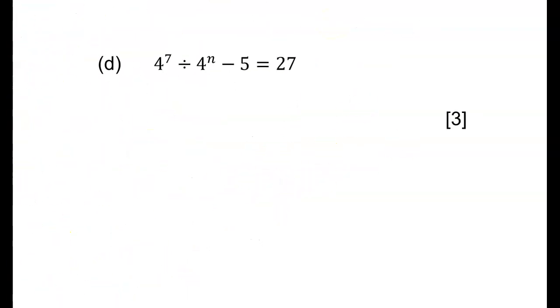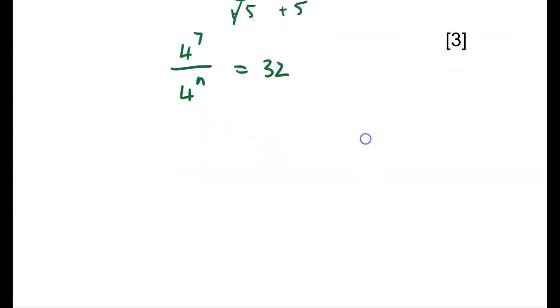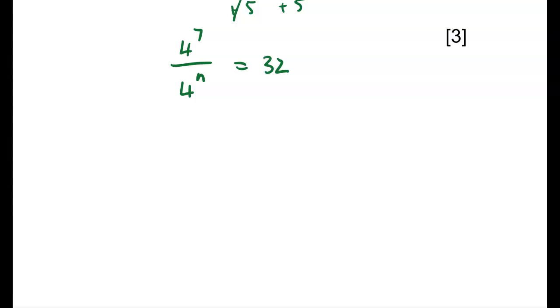Now this one is a little bit trickier because you don't have the same base. However, if you think about where that take 5 is, if we add 5 to both sides, we end up with this equaling 32. Now 32 should start to look familiar because 32 can be written as a base of 2 and the 4th can be written as a base of 2. So if we just get this into 1